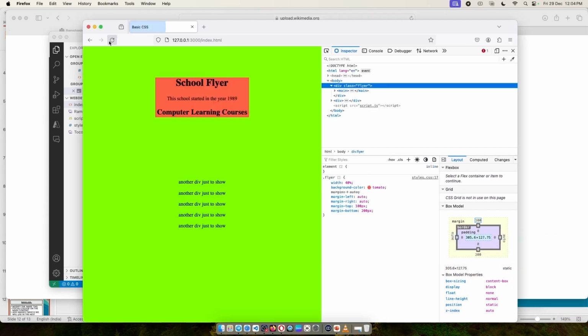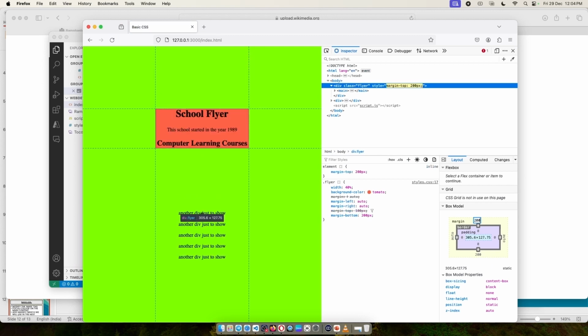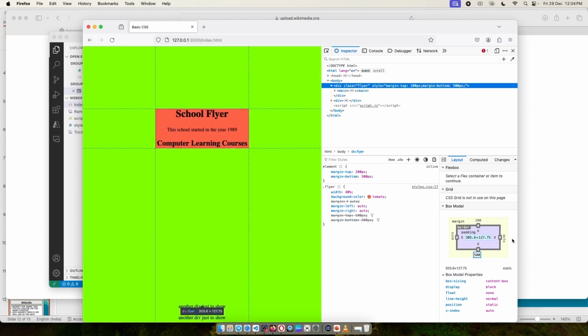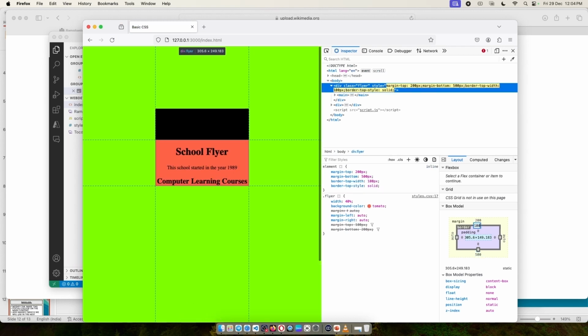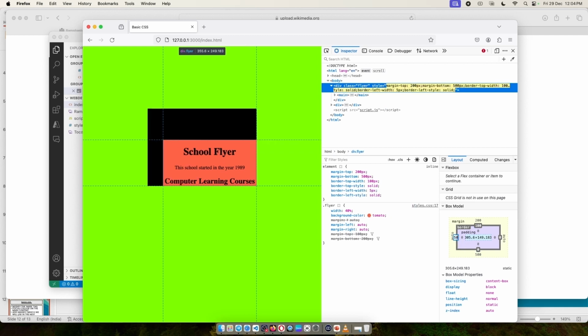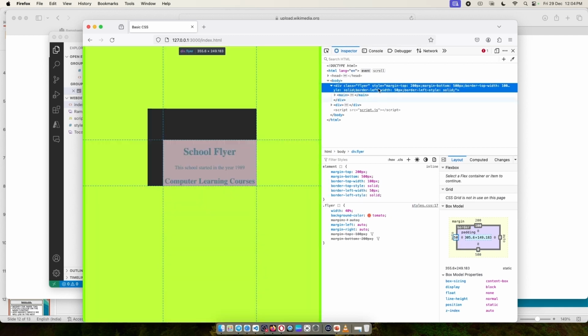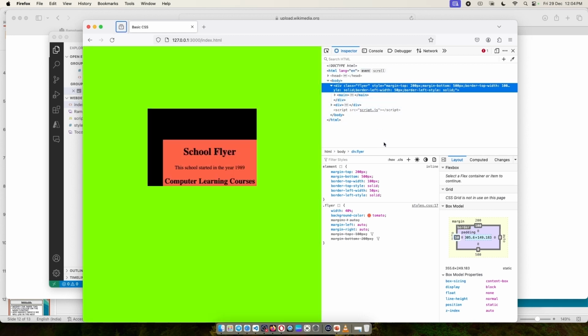Let me start again. Here, I can go ahead and change this. Look at that. I can change this from 200 to 500. And if I don't like that, I can change the border. I can make it 100. I can make this border 50. And as you do these things, you can see the code is being added to your actual code. The code is being generated for you. That's not AI. That's just standard developer tools behavior.